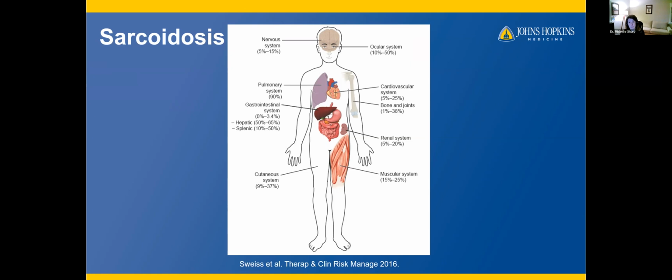The skin is tough because it can have so many different manifestations. We work closely with a dermatologist, because it's so challenging as a general sarcoidosis specialist to know whether some of the different skin findings are consistent with sarcoidosis or something else. One of the most commonly described findings is something called lupus pernio, where you get nodules under your eyes and around your nose. You can actually get them behind your ears and on the back of your neck.